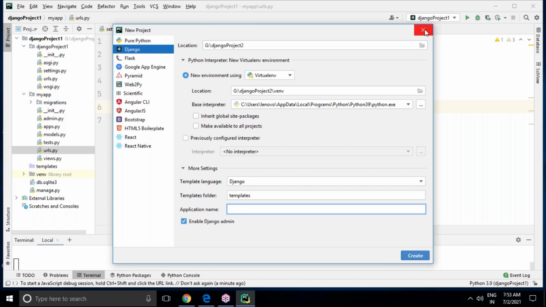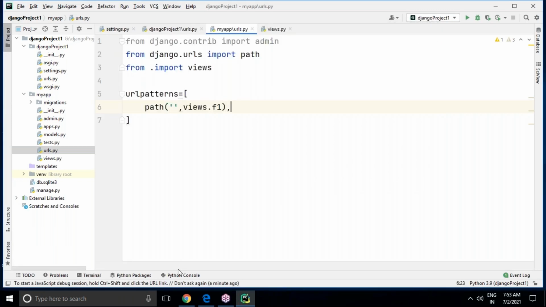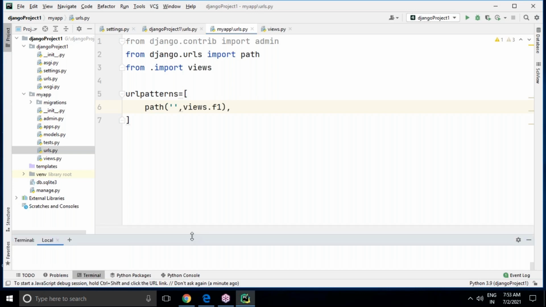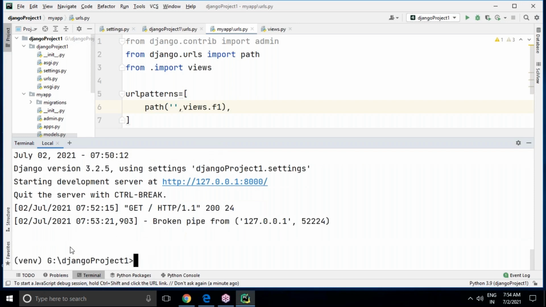But if we create the application through the terminal window, you can see I'm opening the terminal window. If we create a new application, then this application must be registered. Okay, press Control C to restart the server. If we create an application here, you can create it, but you have to register that application. How to prepare an application? python manage.py startapp my app one. I'm not creating it, I'm just showing my app one. Once you create it, my app one will also be created in your project.